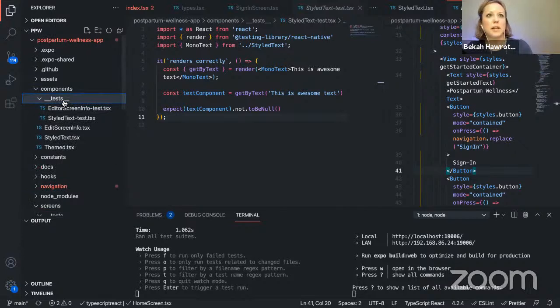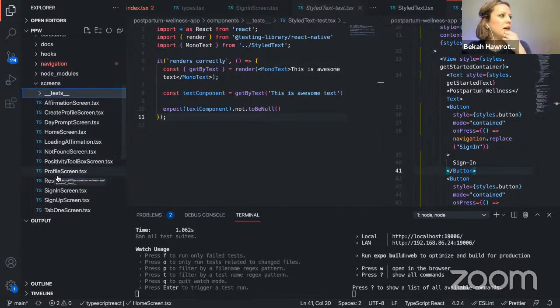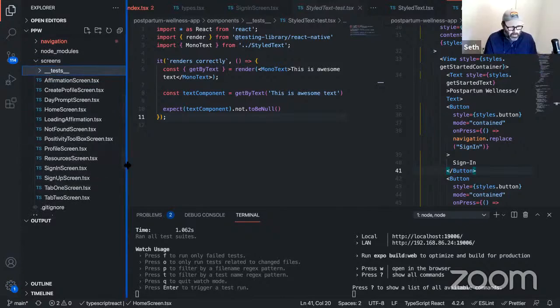This is generally how I see it done. I'm not sure if it's looking for that folder to run the test in, but this is definitely what I have seen before. I'm going to ask, does anybody know?